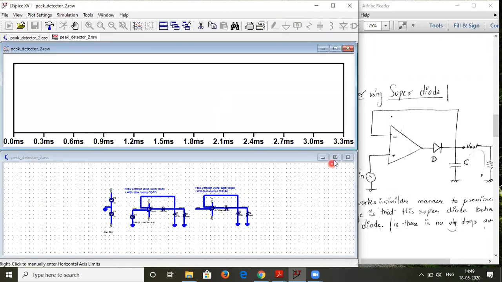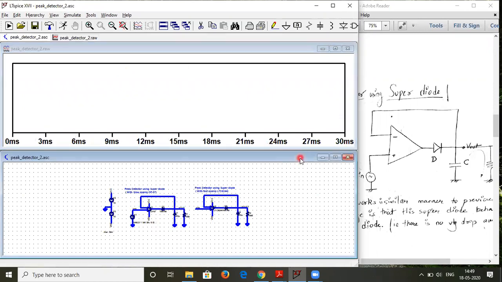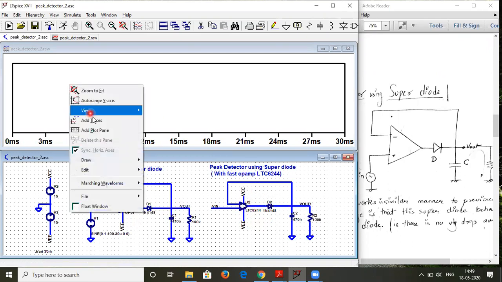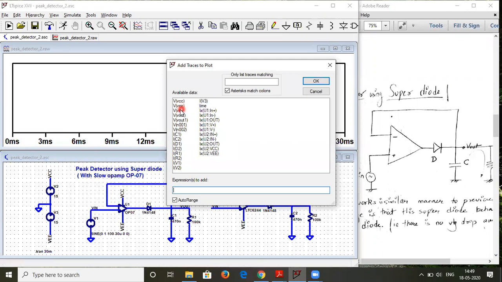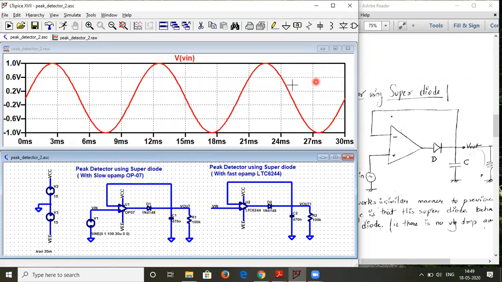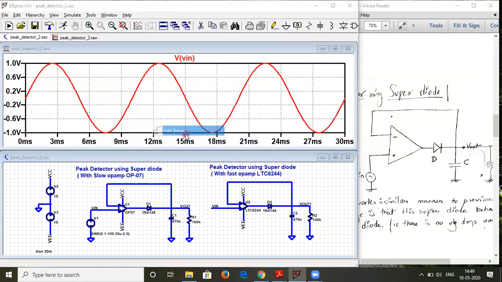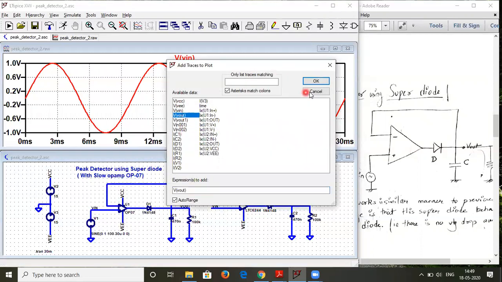Okay, so we have a circuit over here, which is a peak detector. The first was using the OP07 op-amp, and the second one with LTC6244, which is a faster op-amp. Now let me plot the input first. Next I will right click, add trace, output, Vout.